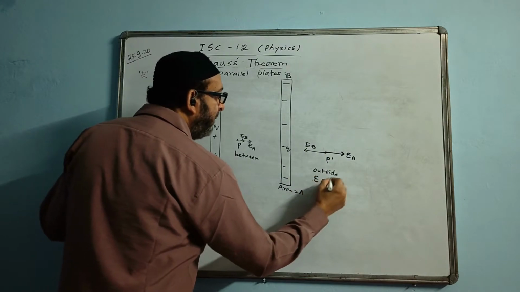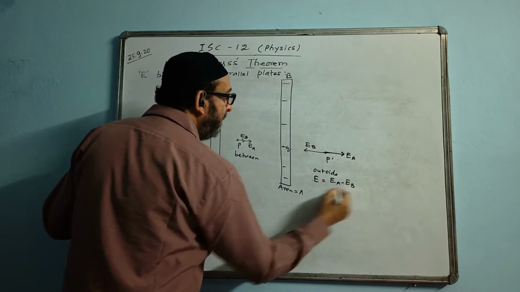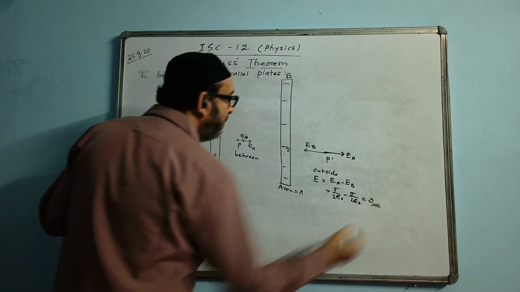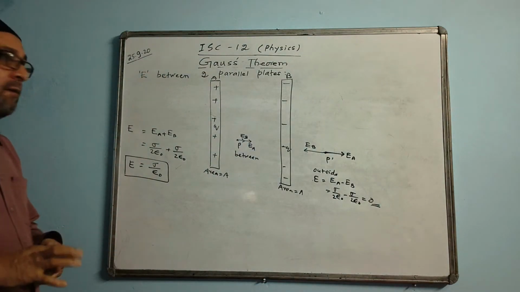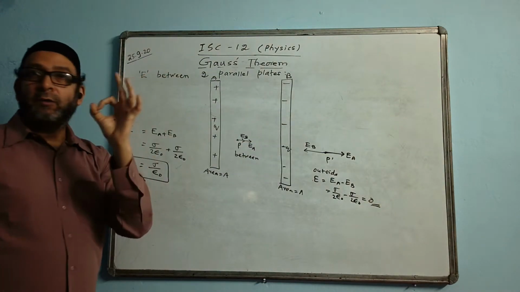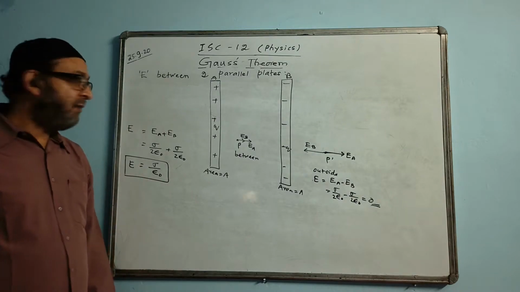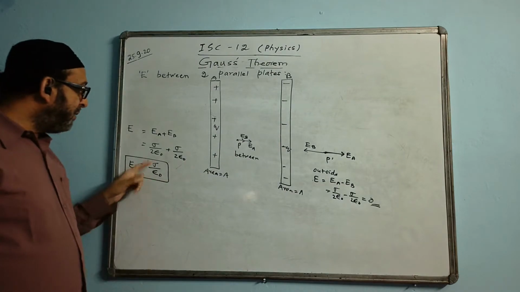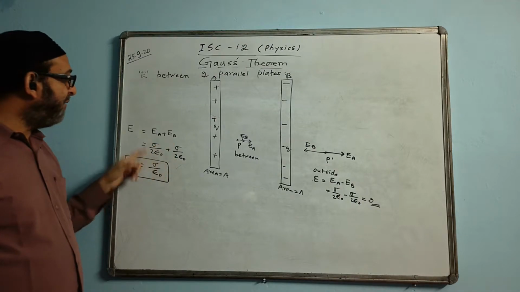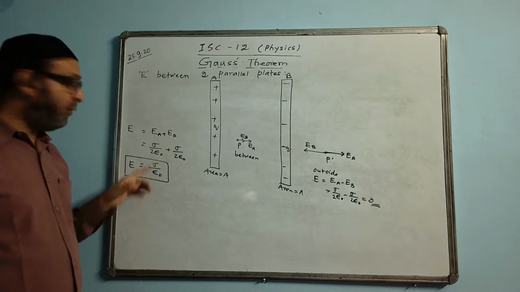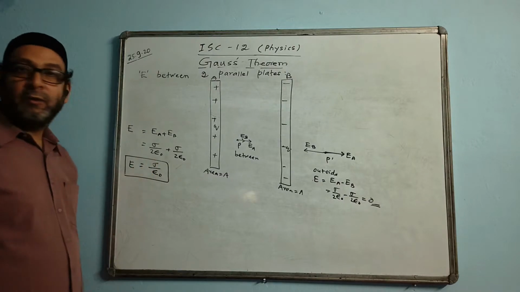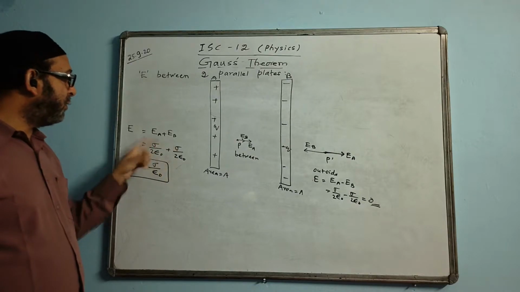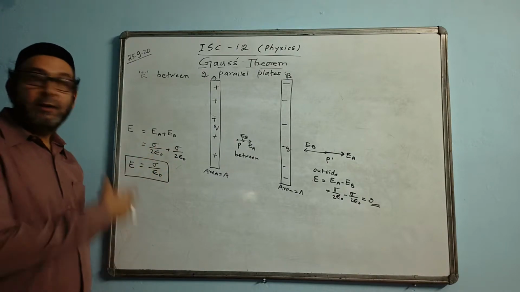So the net electric field here will be EA minus EB, and the value is sigma by 2 epsilon naught minus sigma by 2 epsilon naught. The answer will come 0. That means the electric field outside the plates will be 0. Electric field exists only in between the plates, with the value shown. Why I wrote sigma is because this is half and this is also half, and half plus half becomes 1. So don't get confused by the 2 and 2. If you take the LCM, it will come as sigma plus sigma, 2 sigma, and the 2 and 2 cancel. The answer will be like this only.